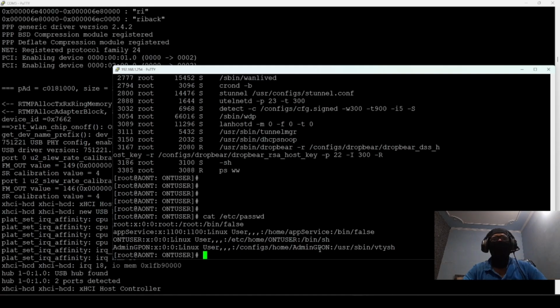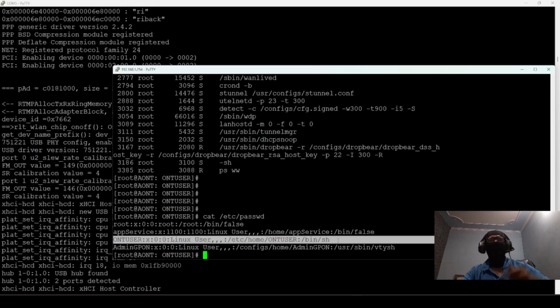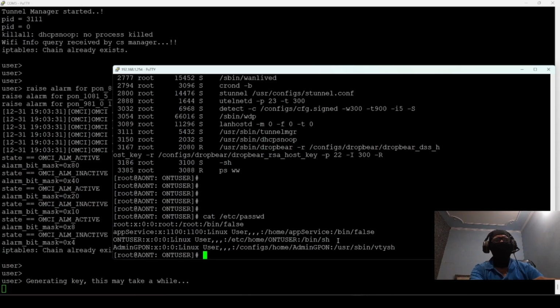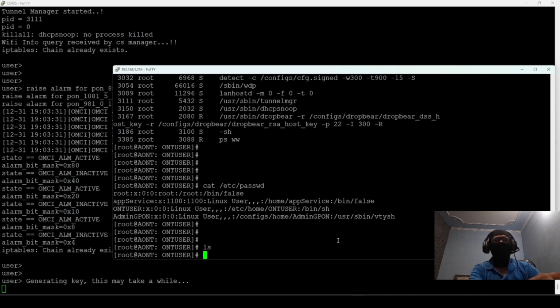We have admin gpon, which is given this shell vtysh, but the ONT user has sh, and the service user cannot access, and even root cannot access, but the ONT user can access. So we are successfully in, right?